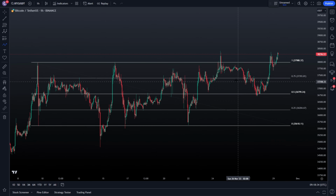On Monday's video, I told you guys that if we would test the mid-range area over here, that we should see a bounce towards the range high area. Why? Because we had important sell side liquidity above the mid-range and we have important buy side liquidity above this high over here. And we are now well on our way to take out that buy side liquidity after exactly